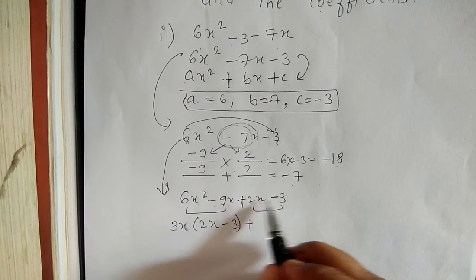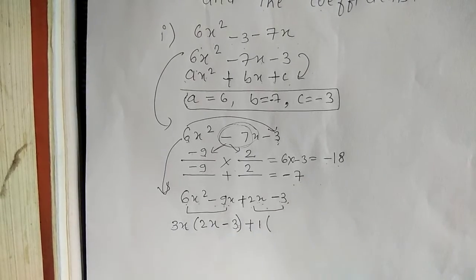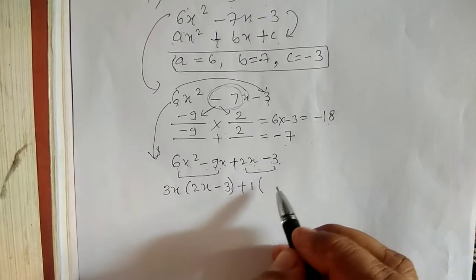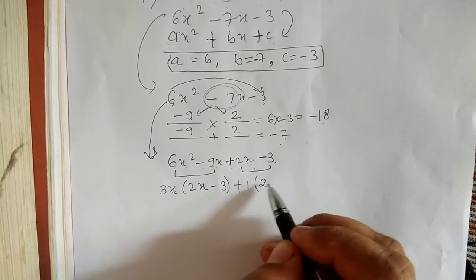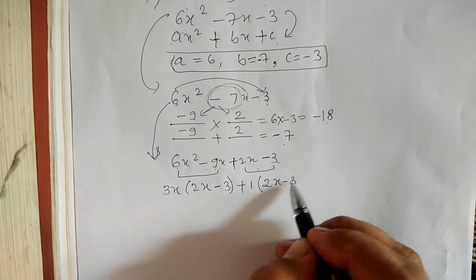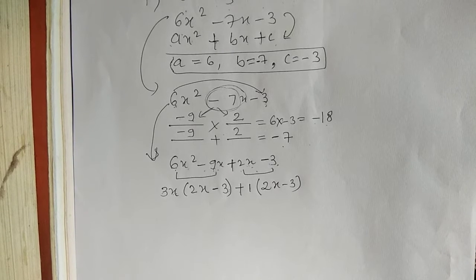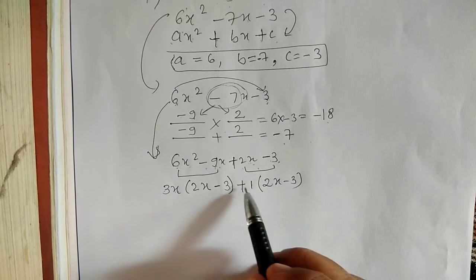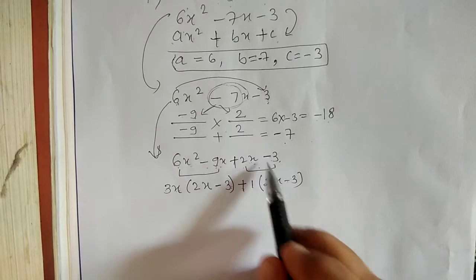Now is there anything common? If nothing is common, we suppose that 1 is common. Now what to do? Yes, if 1 common you are taking, terms will be same, because 1 is the factor of each and every number. So we can take 1 as common and terms will be same. Here sign will not change because positive sign is there. So it will be same sign.